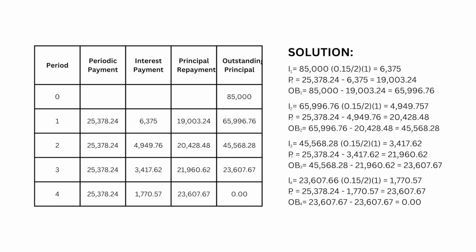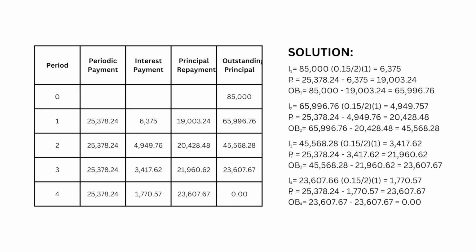Now we will subtract 20,428.48 from 65,996.76 to get the third outstanding principal. It would be 65,996.76 minus 20,428.48 equals 45,568.28, and this will serve as the third outstanding principal, which we will multiply by 0.15 over 2 times 1